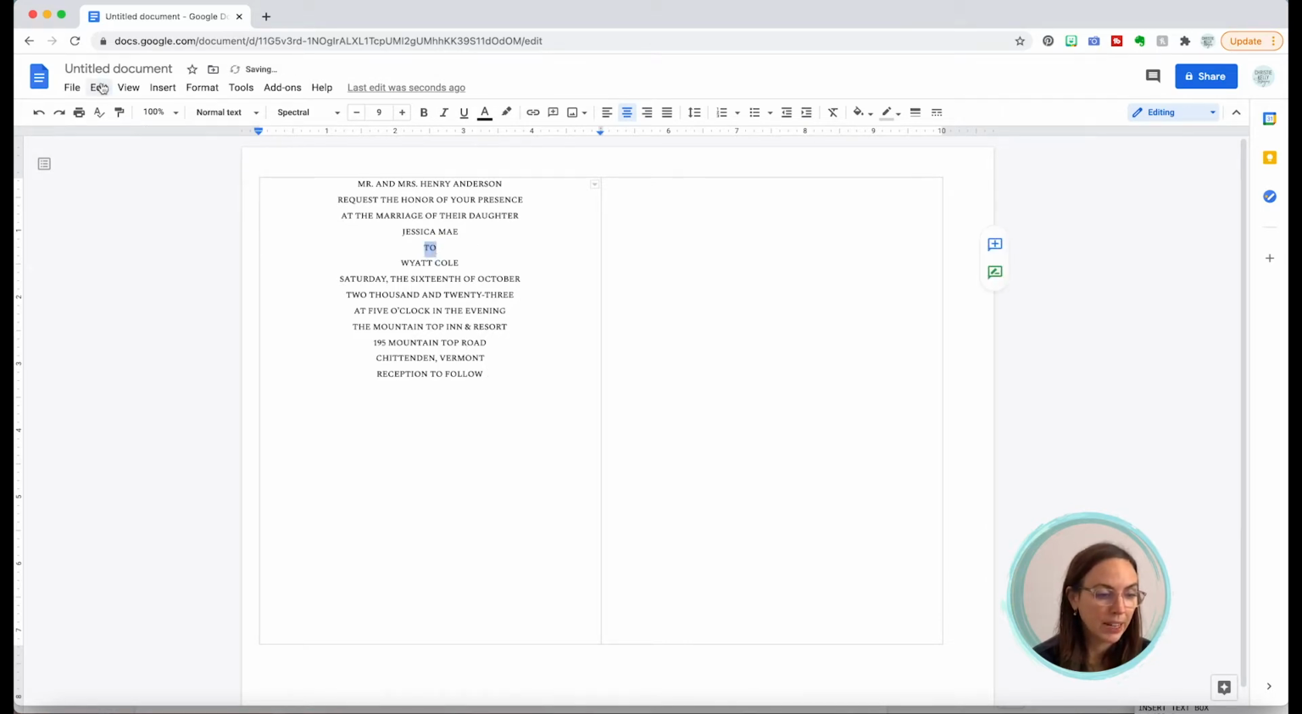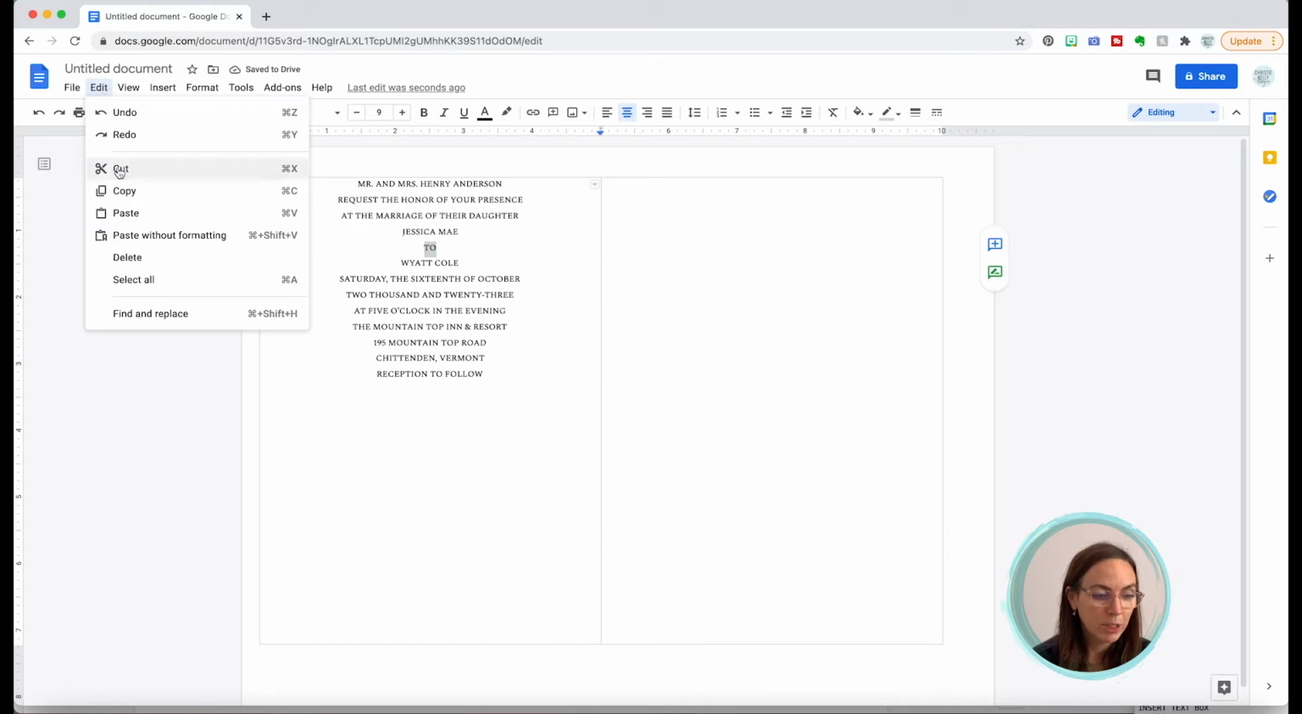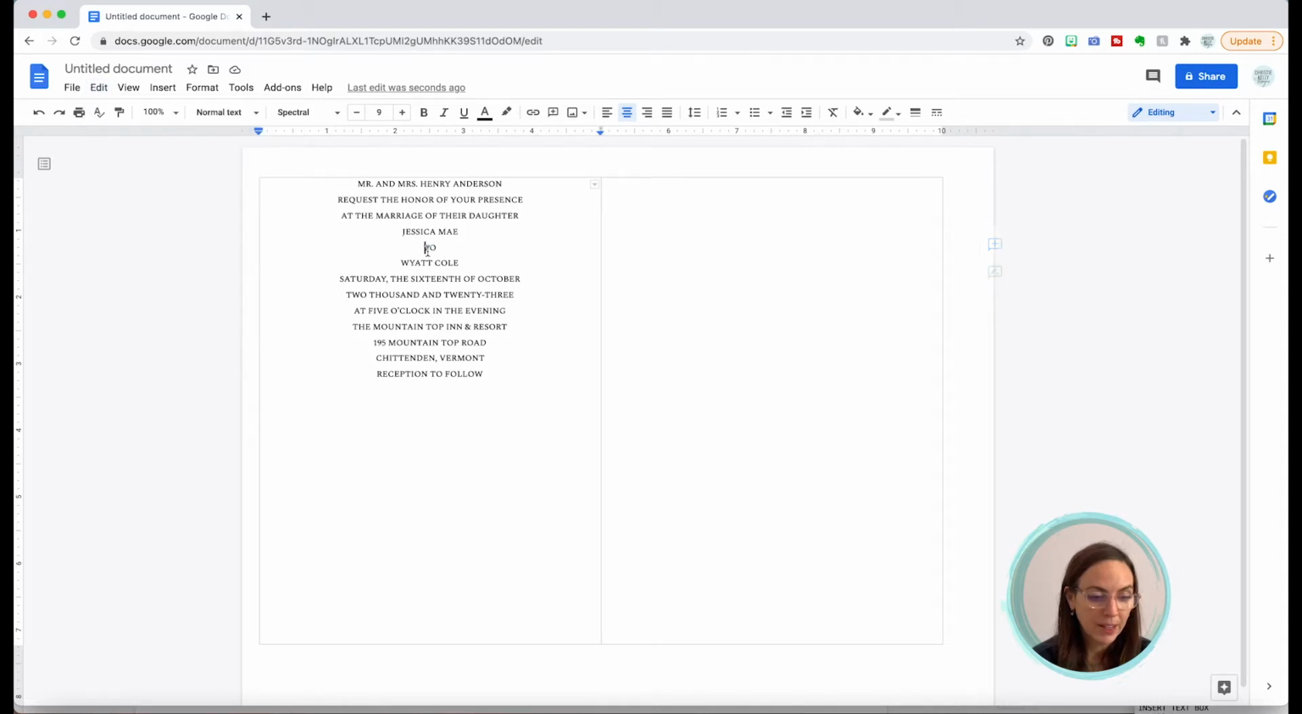You can go up to edit and hit cut, but you need to learn your shortcuts because it's going to be so much faster. So it's Command X, okay? So I'm going to cut this too, click on the bottom of the text, do a couple of returns and paste it there. And then we're also going to make these 3 little elements that are different. The name of the venue, we're going to highlight that, and